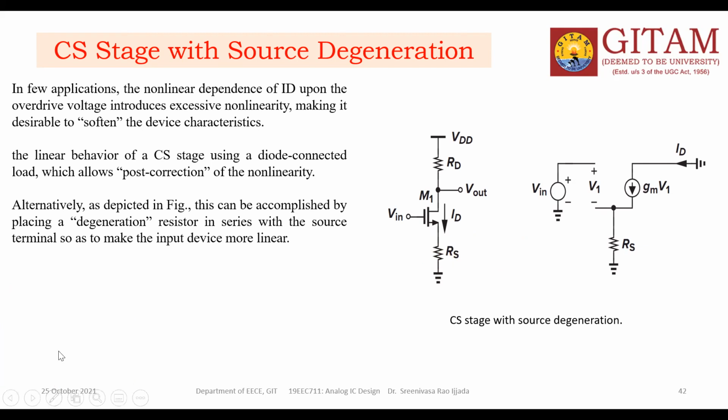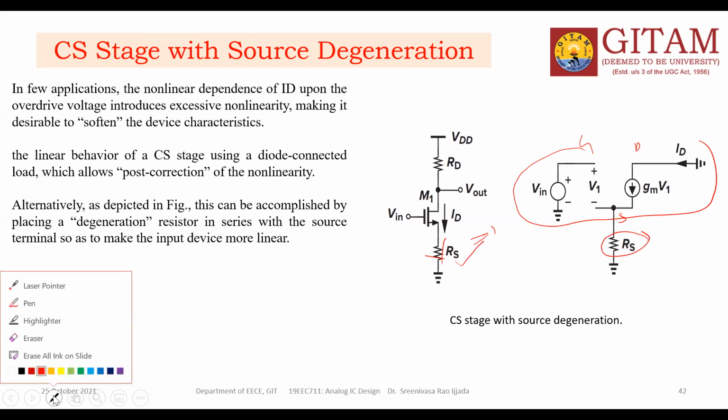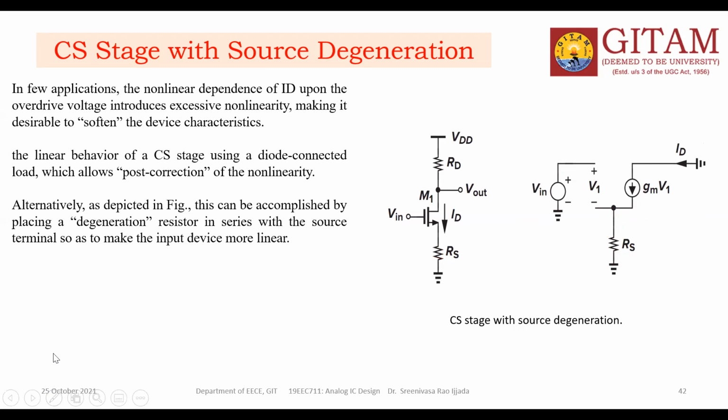small signal: for the small signal analysis, the equivalent circuit of this entire circuit is simply a source, gate and drain. You know this top one. If RS is not there, the source is grounded here. But since RS is there, in between the source and ground you should connect the RS value. That is the only difference. So this circuit is very simple, because we are not considering any body effect or channel length modulation. If you consider both, you will get two more branches on the output side.